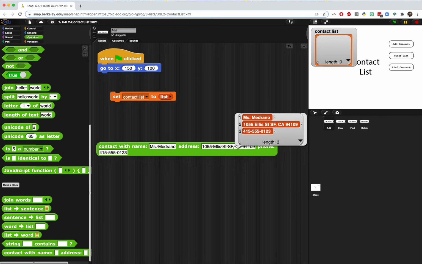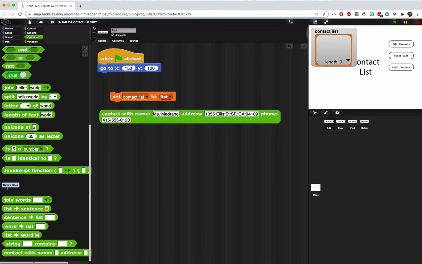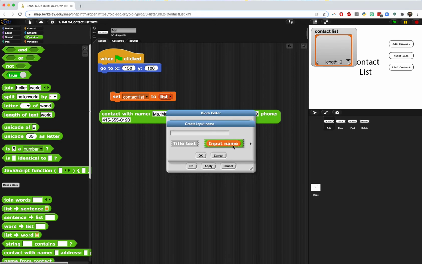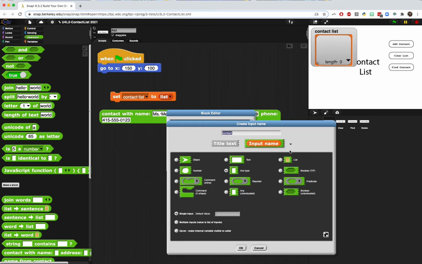And so we're going to now write selector blocks to retrieve the name and the address and the phone number from this. So we would make another block, and it would be a reporter block. And so name from contact. And we want it to be, we're going to make an input. I'll call it contact, and the input type would be list. Okay,